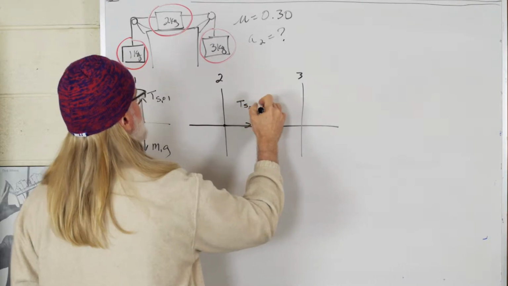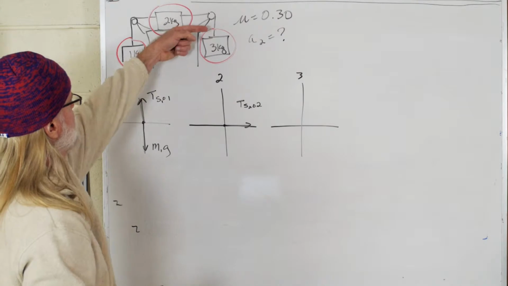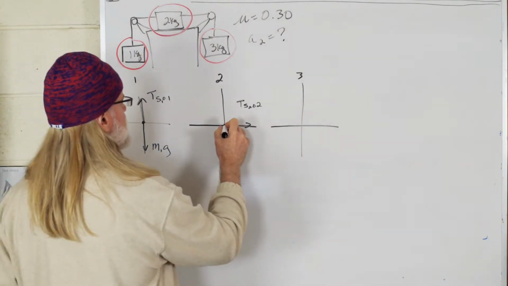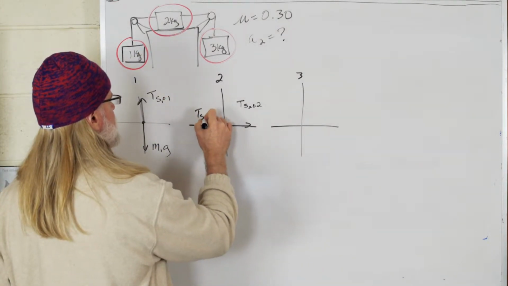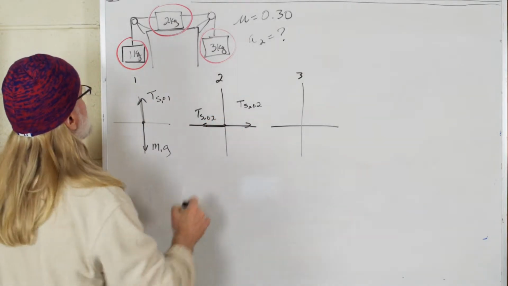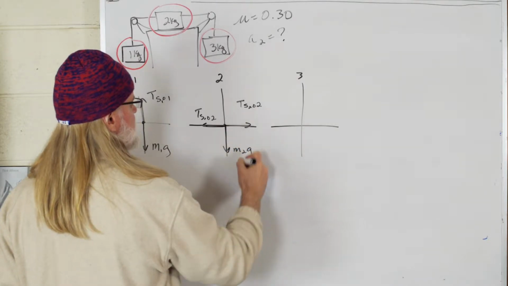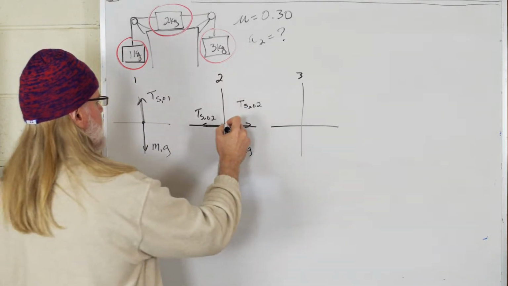String 2 on 2. We have the tension of string 2 on 2 this way, and we have the tension of string 1 on 2 that way. And we have the second mass times g, its weight downward,